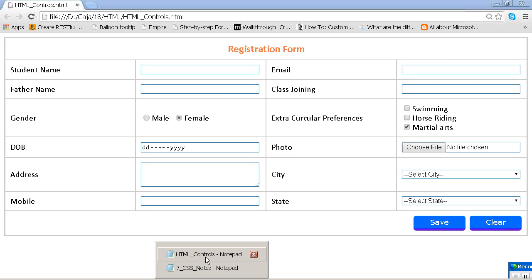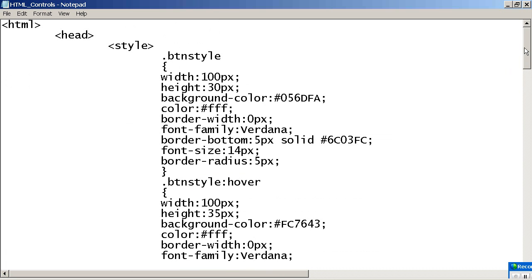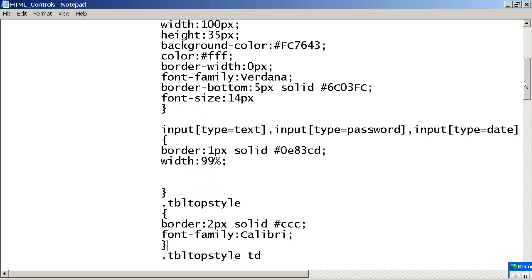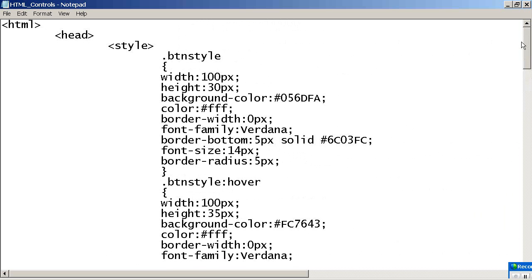So what was the advantage of this internal style? Tell me. What is the disadvantage of the inline style? Tell me first. Redundancy, and maintenance is becoming more difficult. Then internal style gives you the advantage of reusability, and maintenance becomes easy. But here is also one disadvantage.